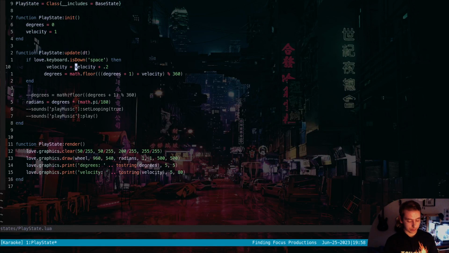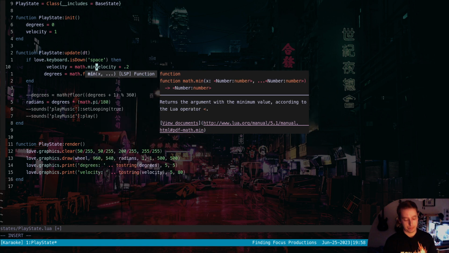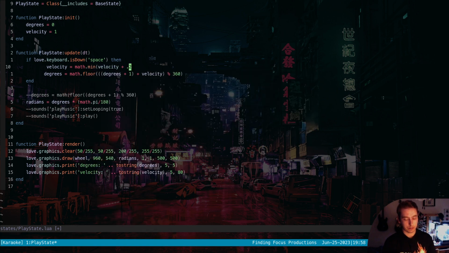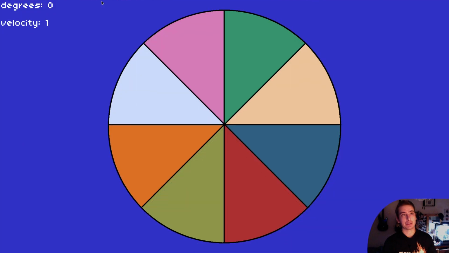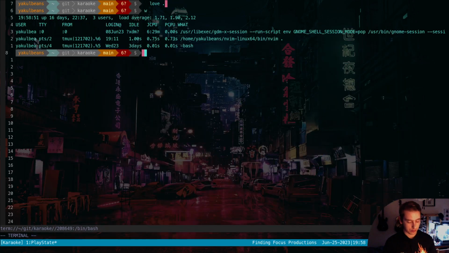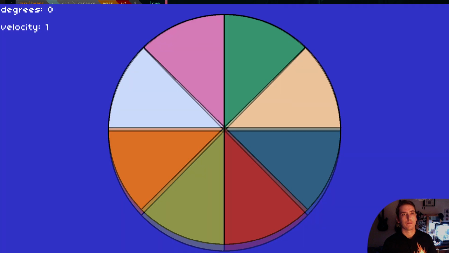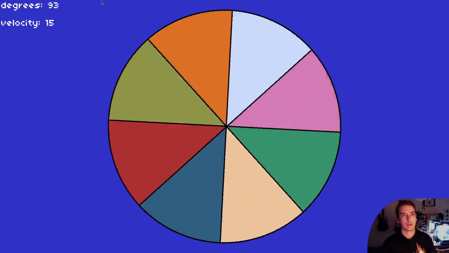We'll cap it at math dot minimum, and we give it velocity, but then we also give it the max velocity, which is 12. And then it should be capped at 12. Nice. We can go maybe to 15. Nice. Now when we let go, we don't want it to stop